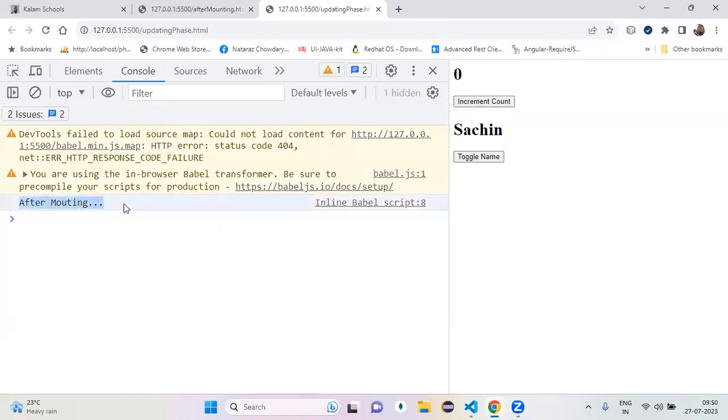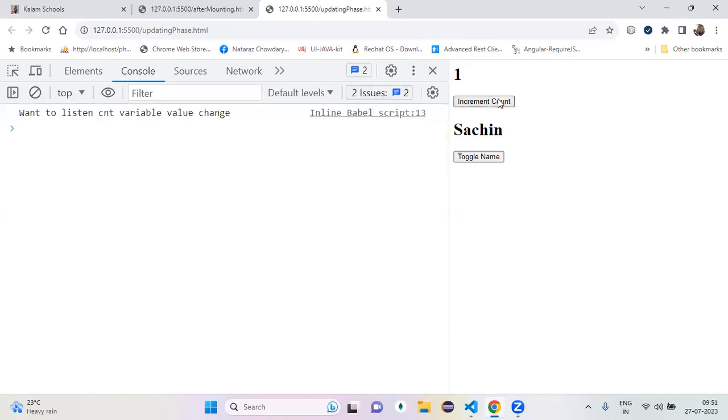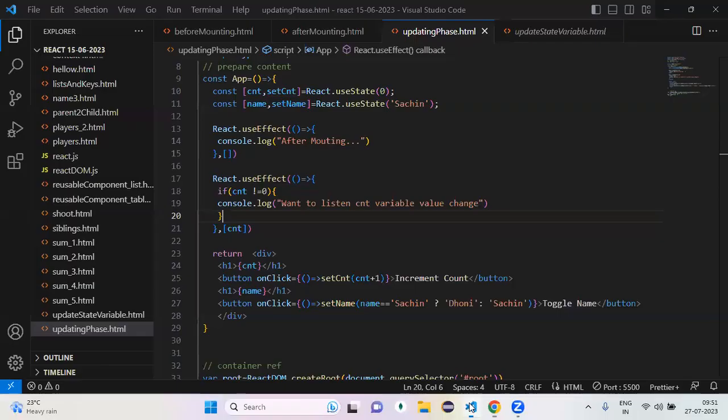See, working as expected or not? First time load, I'm expecting this after mounting only, not the count change one. Working as expected. Now for every change, is it executing or not? Yes. That means once my state value update is completed, if you want to perform some operation,